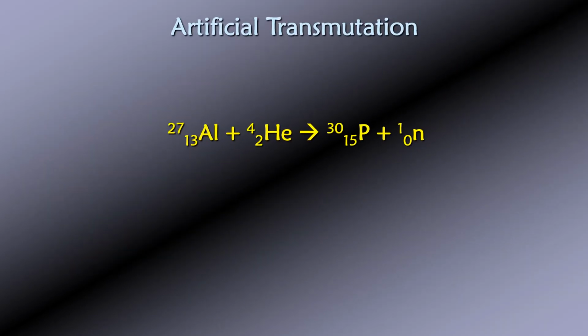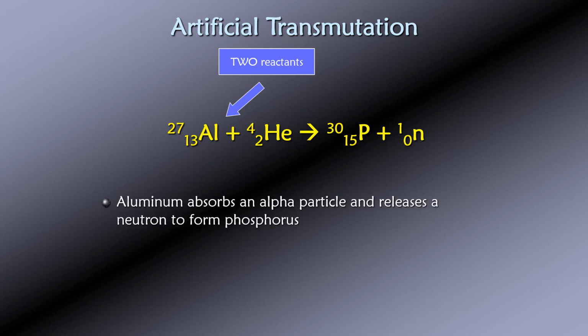Now let's look at artificial transmutation. Here's a quick example of what the equation for an artificial transmutation can look like. Remember, it has 2 products because we have a radioisotope bombarded with something, then decaying. So what this specific equation is saying is that you have an aluminum isotope which is being bombarded with an alpha particle, and when it absorbs that alpha particle, it releases a neutron and then converts into phosphorus. Okay,